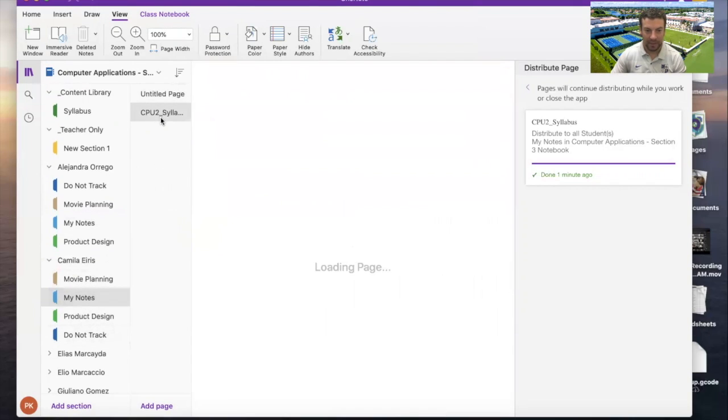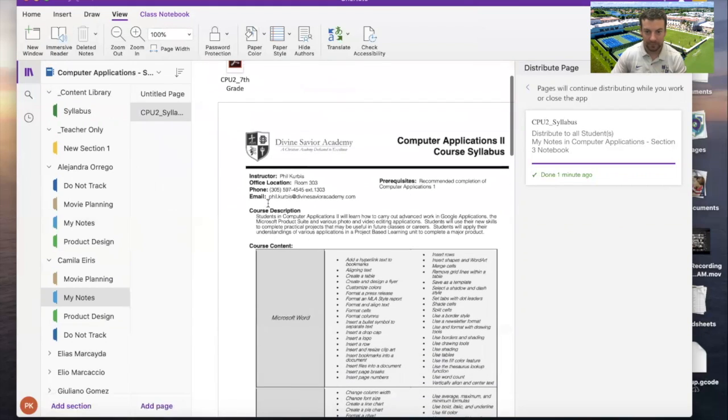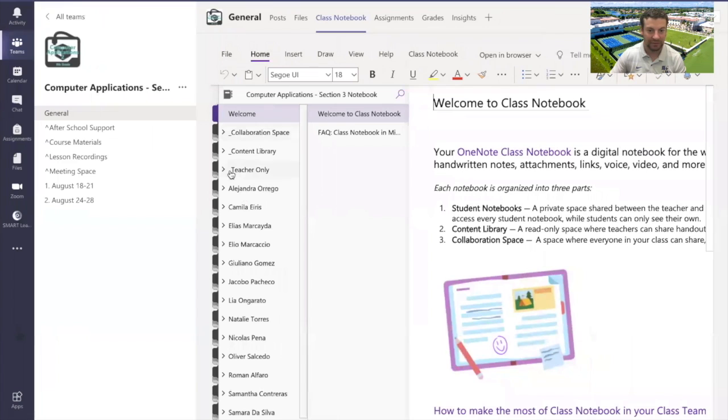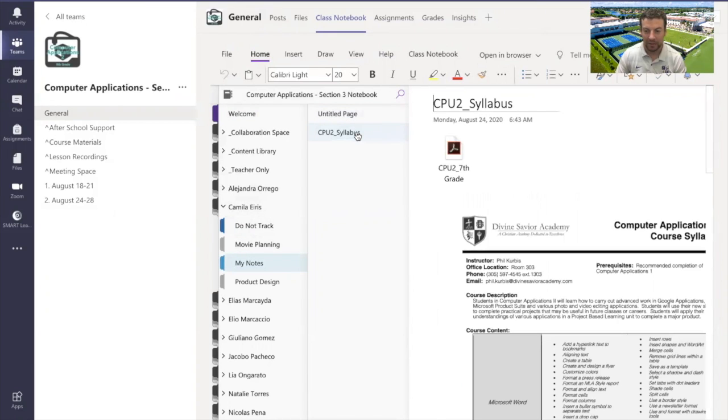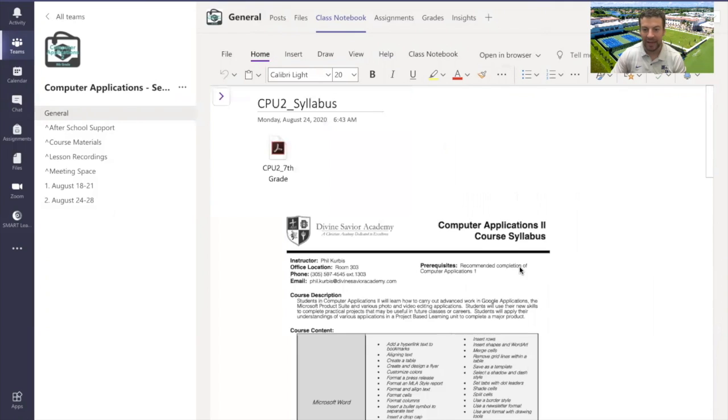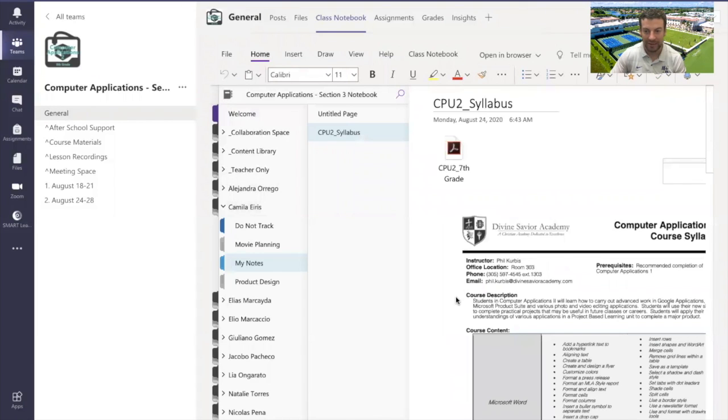Please note that if it is a large document, it might take some time to sync. As I return back to Microsoft Teams, I will be able to see this section that has populated inside of their class notebook as well. But for me personally, I prefer the application as opposed to OneNote inside of Microsoft Teams for its intuitiveness. For example, I cannot set this as a background image inside of Microsoft Teams right now, but I can do it inside of